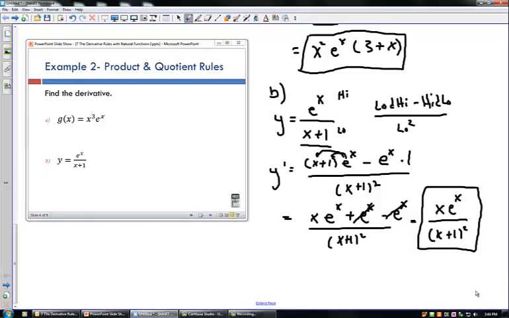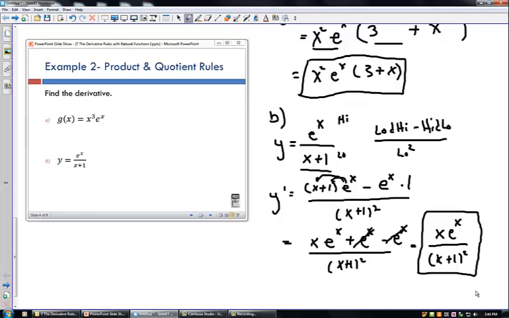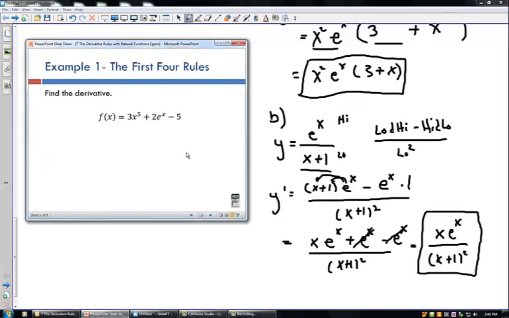Okay, so what have we done so far? Let's take a look at these slides here. So we used the first 4 rules to differentiate an expression. We used the product and quotient rules to differentiate an expression involving the natural exponential function. And then the last thing we want to do